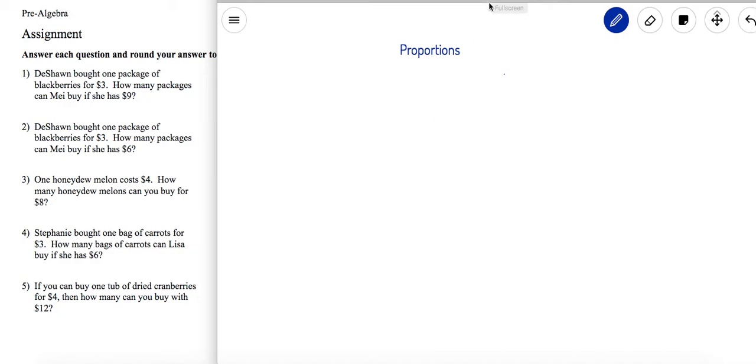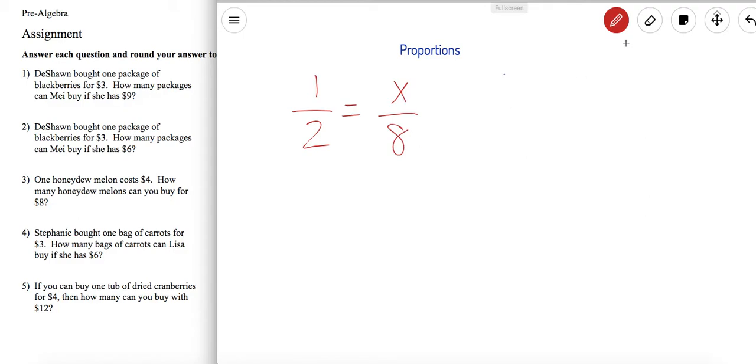Alright, our next lesson is on proportions. Before we even get into our assignment, I want to go over what a proportion means. What does it mean to have a proportion? Proportions mean that you have one fraction, say for example 1/2, and you're going to have it equal to something else. We're going to have x over 8. What this means is that 1/2 is equal to another fraction, something over 8, but we don't know what